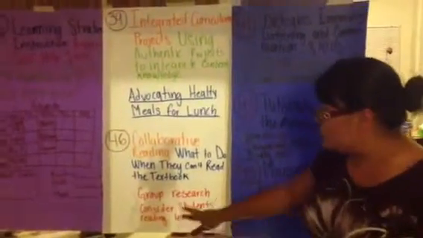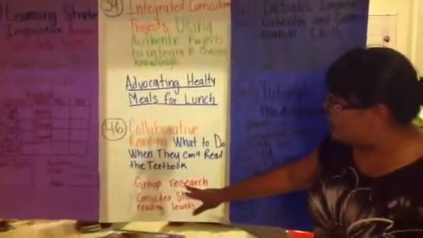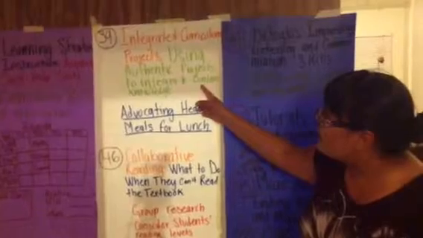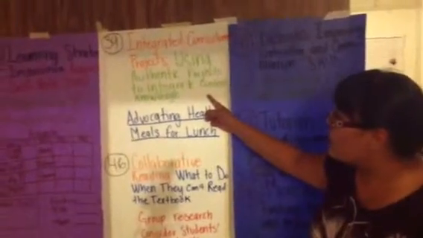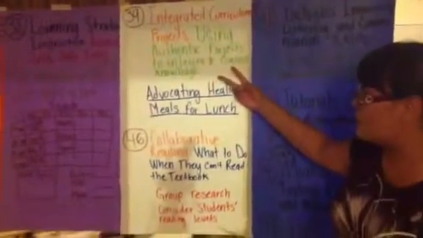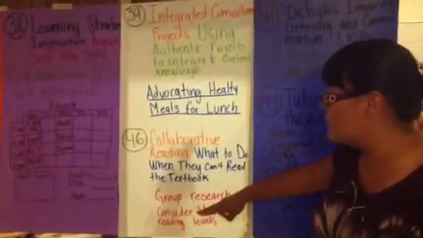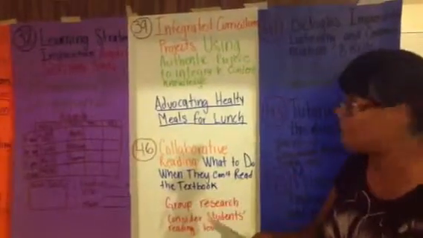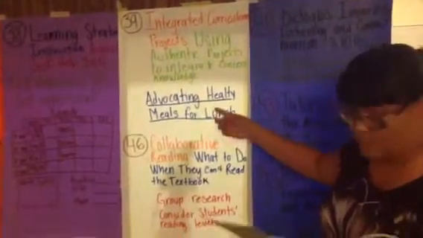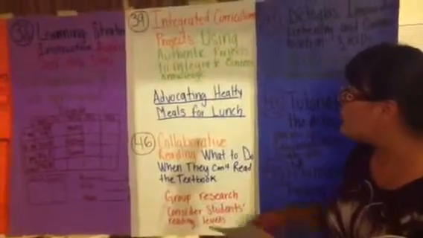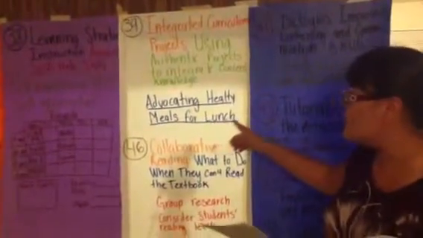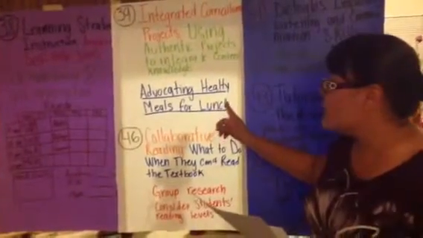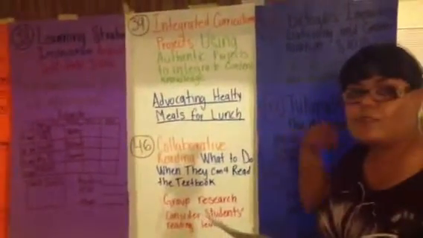And the group research is related to this strategy because in the strategy you are using something real. They are researching something that exists. And for these two strategies, I chose a topic, and the topic was advocating healthy meals for lunch. And I will use this activity in my classroom so that English language learners go and look and search and research in